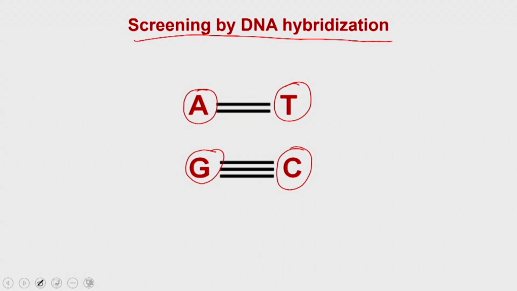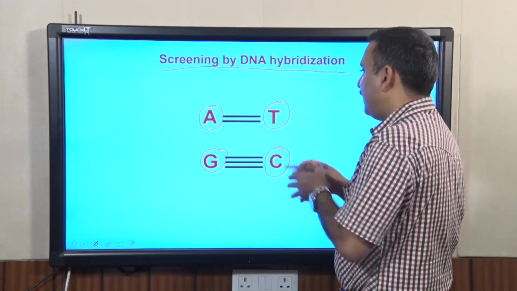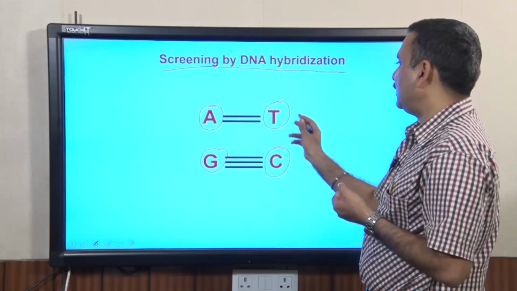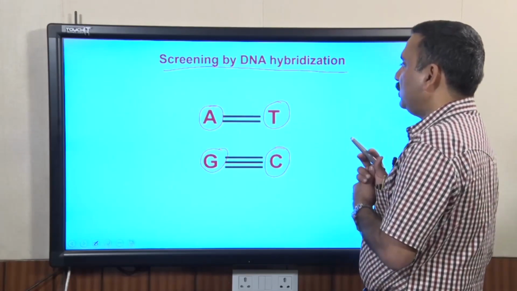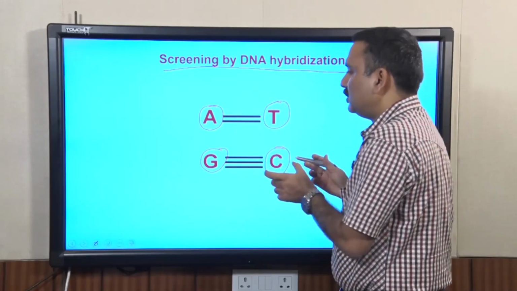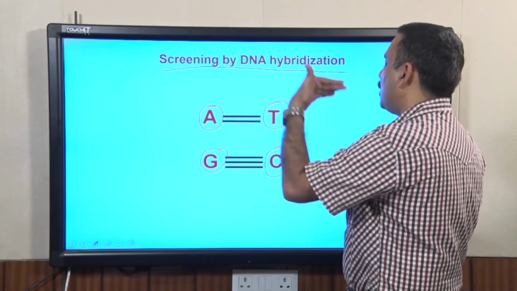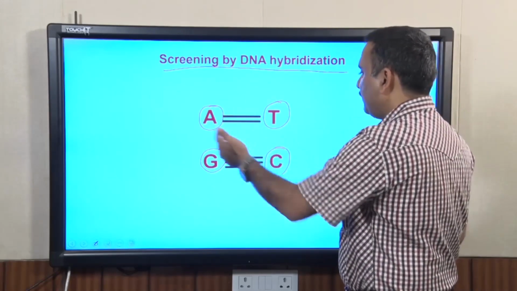Adenine pairs with thymine with 2 hydrogen bonds, whereas guanine pairs with cytosine with 3 hydrogen bonds, and this is very specific for several reasons which we are not going to discuss here. As we know that this is a specific base pairing, you can use a particular DNA stretch to isolate a clone containing the complementary DNA in the bacterial cell